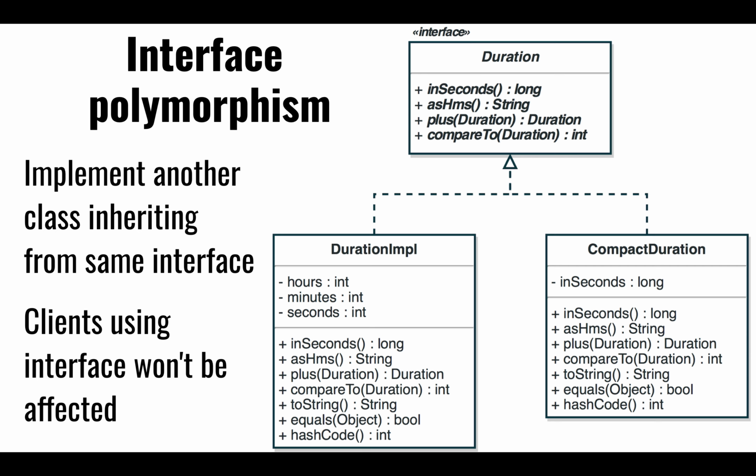Now, obviously, any client code that stuck to just the interface probably was not going to be affected too much. If it wasn't assuming anything about the duration implementation, then those folks are going to be fine. If instead you have clients that deliberately were compiling their code against this particular implementation, then that code is going to be affected if we need to make any changes. So let's take a look at